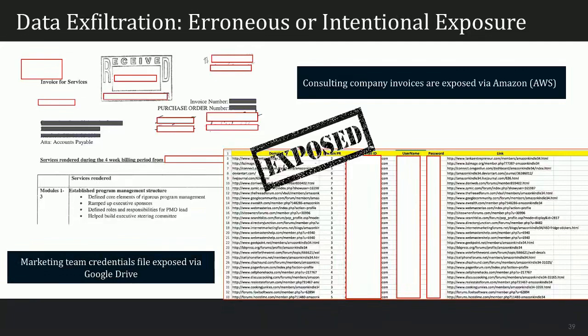Invoices, for example. If you're living in the world of business competitiveness, you get on a list for one of the biggest firms providing services to an organization, and it disclosed all the invoices. You can clearly see what amounts are involved. And then if you're going after the same client, there are a lot of interesting scenarios there as well. But all that is possible because they are not securing these documents on the cloud apps. Whatever the cause, whether erroneous mistakes, a disgruntled employee, or an attacker, these things are happening.